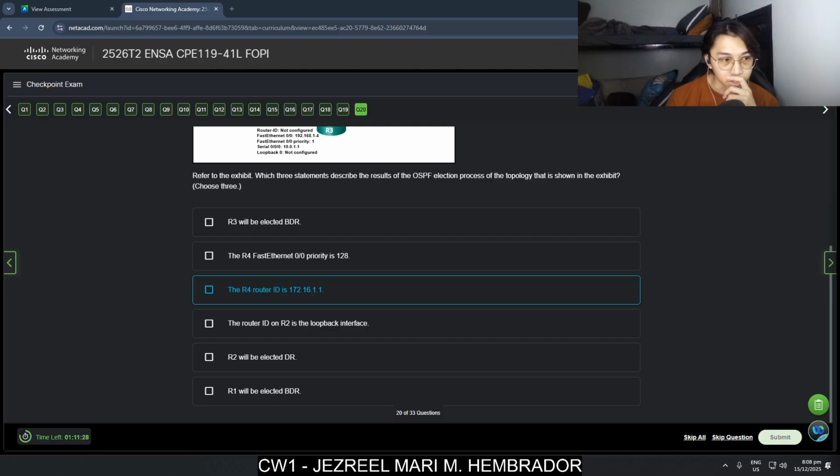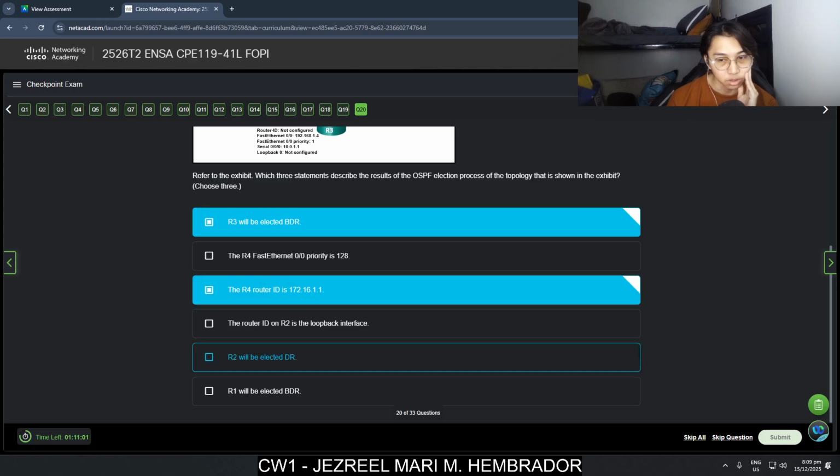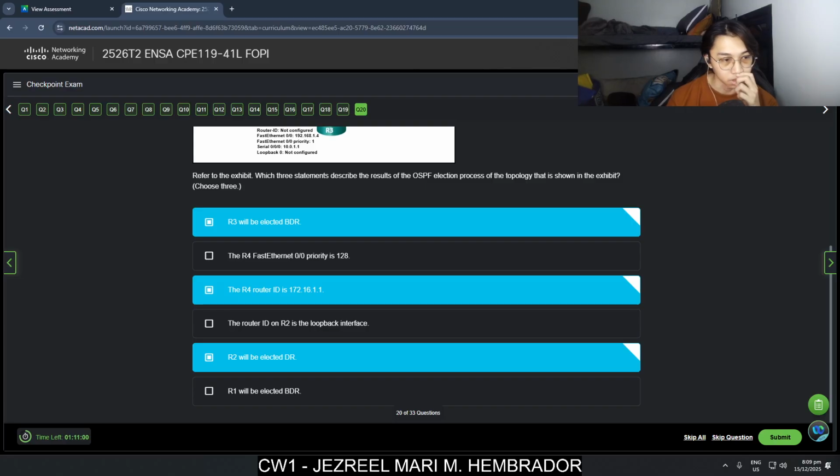The R4 router ID is 172.16.1.1. The router ID on R2 is the loopback interface. R2 will be elected DR. R1 will be elected BDR. R4 and then R2 will be elected DR, I think.